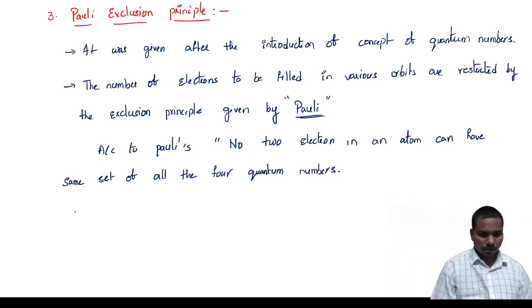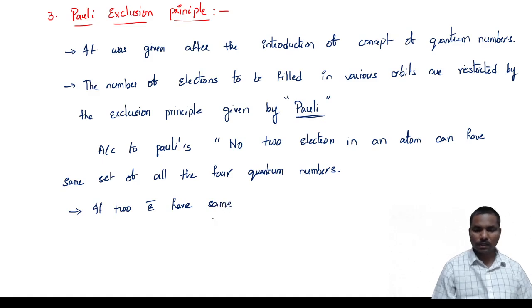Okay, all the four quantum numbers. If two electrons have the same three quantum numbers, the other one should be different. Okay, if two electrons have the same values of principal quantum number, azimuthal quantum number, magnetic quantum number, that means three quantum numbers,